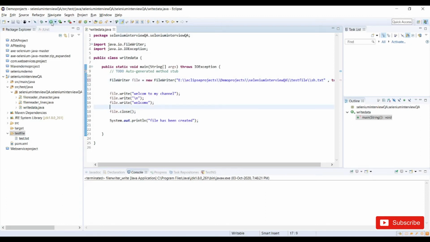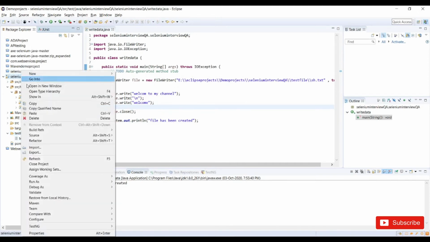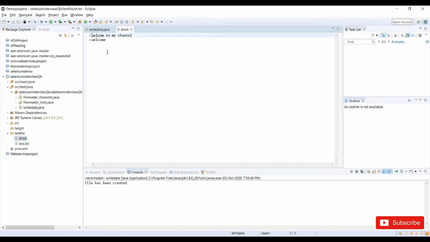Let me run this program. The file has been created. If you can see, nothing is displaying here. We need to refresh the project. Once I refresh, there is one text file created, which is sh.txt. If I open it, I can see the same thing that I provided: welcome to my channel, and welcome as a new line again.